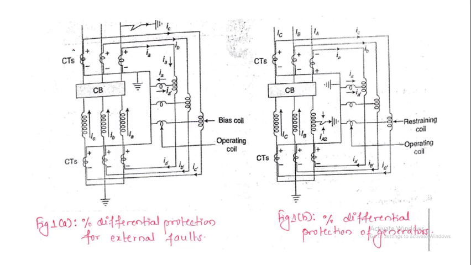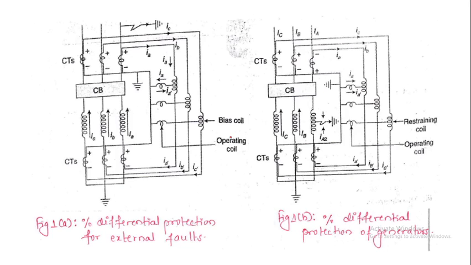Okay, so there are three upper terminals for each winding, with the CTs we have provided, and these are the lower CTs. Observe the polarities carefully and the direction of the currents IA, IB, IC, and here also IA dash, IB dash and IC dash. And here the three relays we have placed. These are the three operating coils, and these are the three bias coils, or the restraining coils. Another name for the bias coil is a restraining coil.